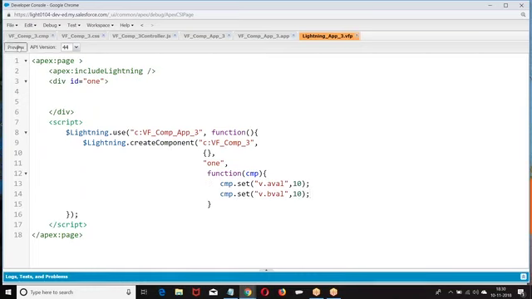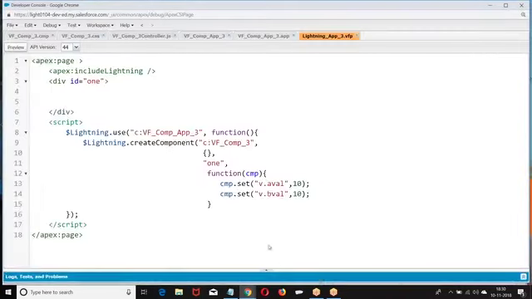Have a preview of this. Oops, there was a bug. Let us find out what the mistake is here. So what is the name of the component? VF component 3. One function, lightning dot create, include one. What was that one? ID I gave. Close bracket. Pardon me. What was the mistake here? Create.